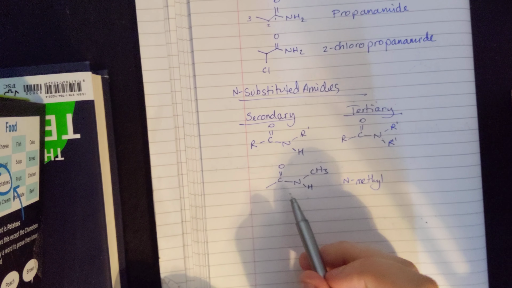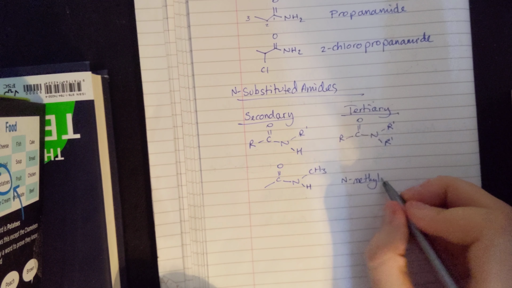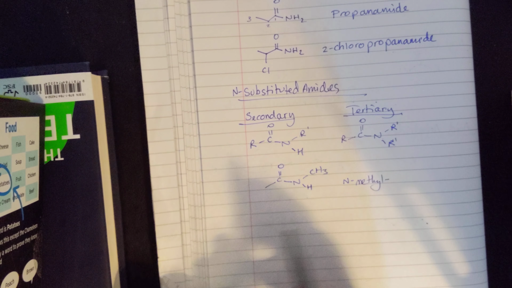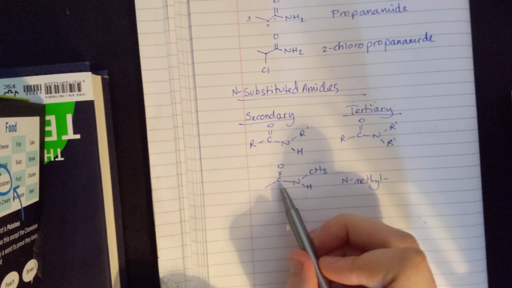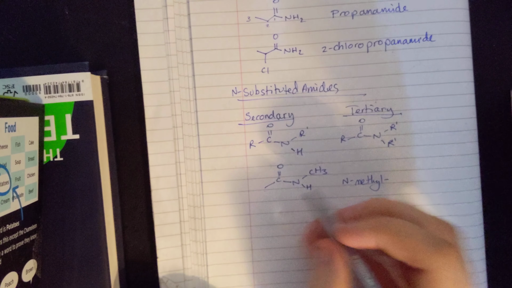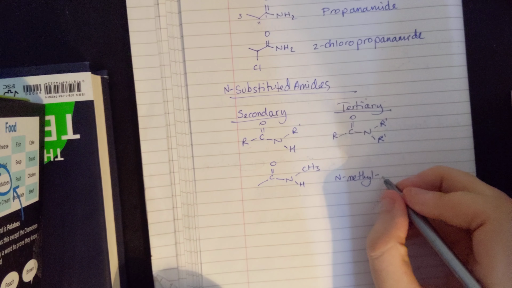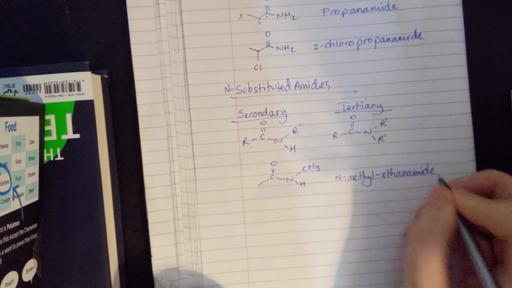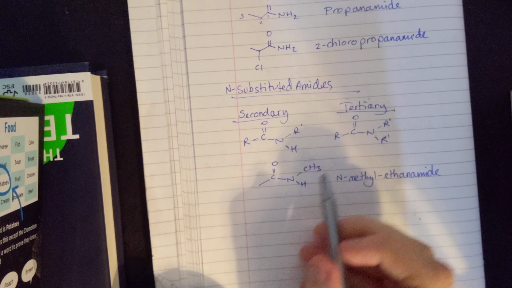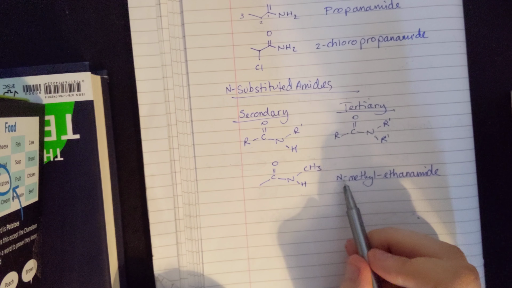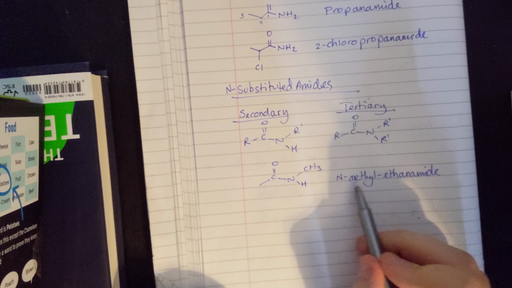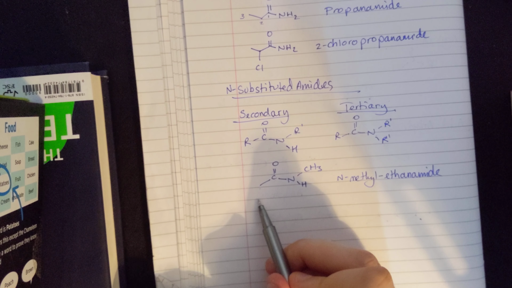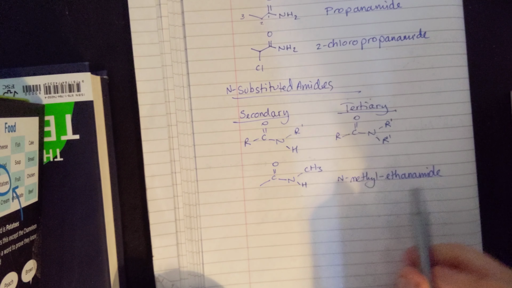and then at the end we put just the same as we did over here. So we put propanamide because it was 1, 2, 3 carbons. This one is 1, 2. Make sure you count the carbon in the carbonyl. So this is ethanamide. So this is N-methyl ethanamide. If we don't put the N there, so methyl ethanamide, that doesn't work for 2 carbons, because if we put a methyl group on, it would become a propanamide. But if it was